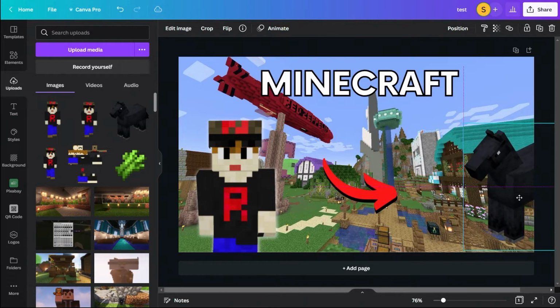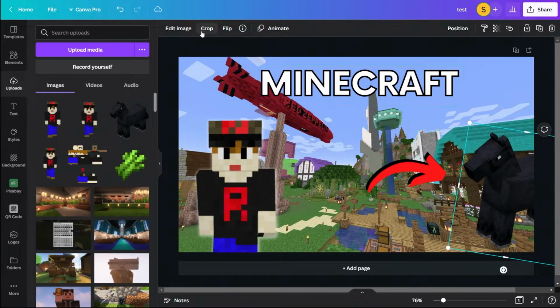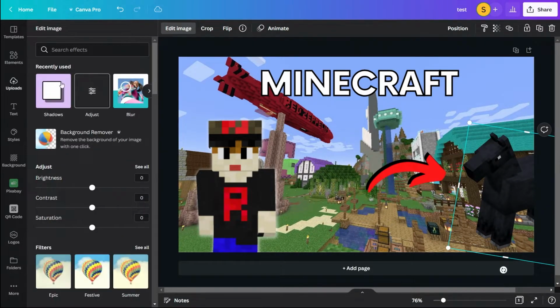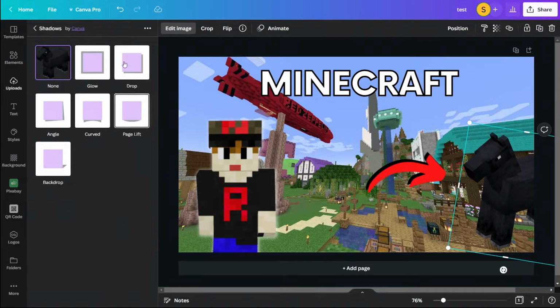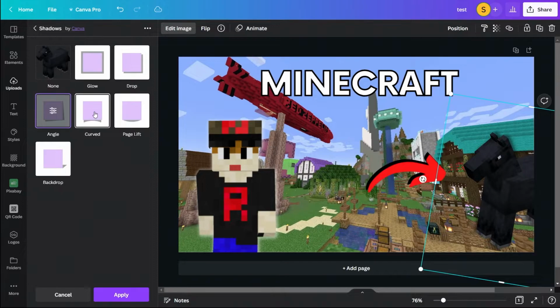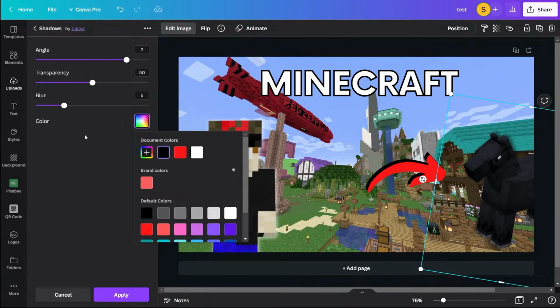So I can take this PNG of this horse. I can rotate it. There's a horse. Let's make the horse pop too. You can go to Edit Image. You can go to Shadows. You can try these other shadows as well. The angled one is okay. I like doing that. You can change the color to that, to white also, and that has a very, very